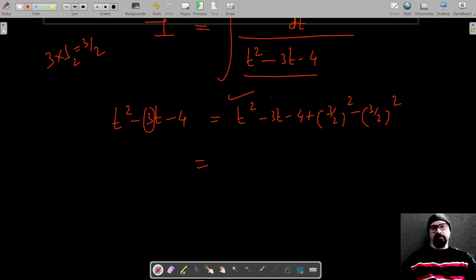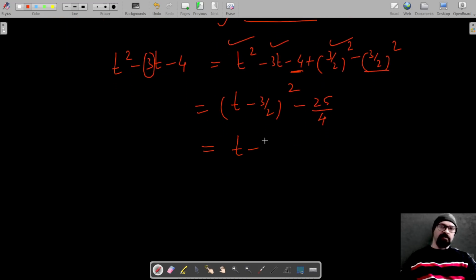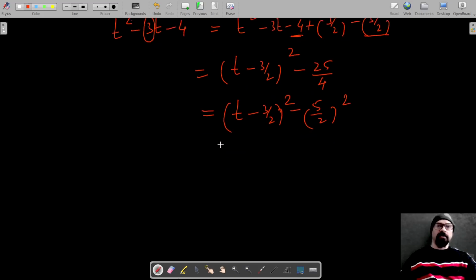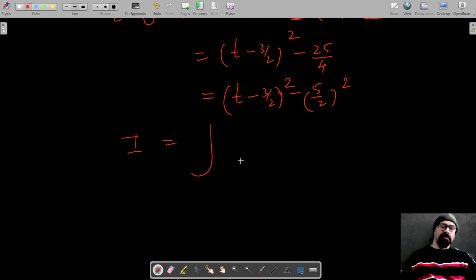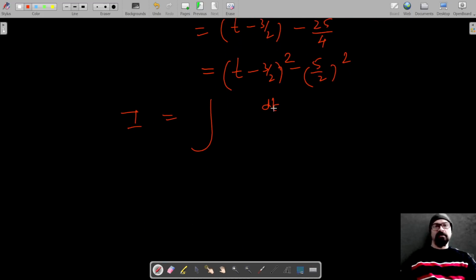Okay, so this is t square minus 3t, and this makes the formula, a minus b the whole square. Now negative 4 and negative 3 by 2 the whole square, this is 4, and 9, 4, 16. So this is 25 by 4. And I can write this as t minus 3 by 2 the whole square minus 5 by 2 the whole square. So finally our integral in terms of t is dt